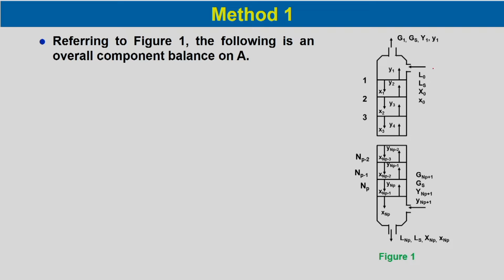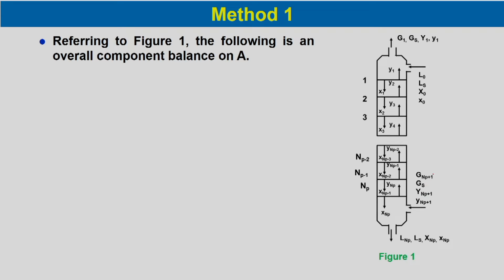The liquid entering at the top has a flow rate of L naught, and Ls is the molar flow rate of the liquid on a solute free basis. Capital X naught is the mole ratio basis and small x naught is the mole fraction basis. Similarly, the gas which is entering at the bottom is Y N P plus 1, entering plate N P,